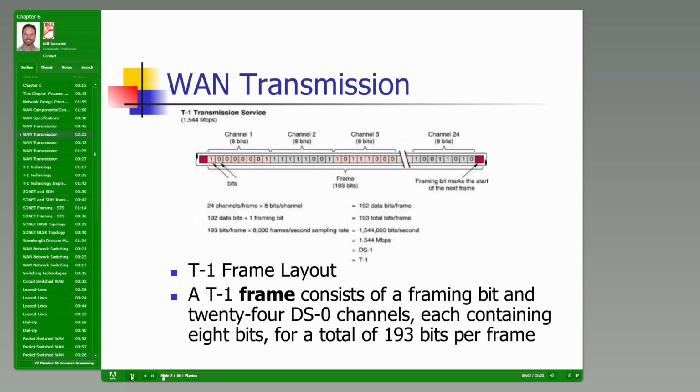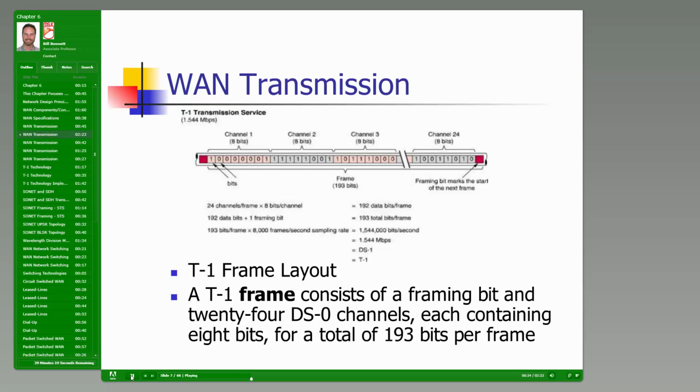So think back now to the previous chapter when we were talking about pulse code modulation. We were talking about sampling 8,000 times a second. We were sampling an analog signal, and we're using 8 bits then to represent what the analog sound wave looked like at 1/8,000th of a second in time. So again, I talked about the DS0 being the basic channel of the North American telecommunications system, and so